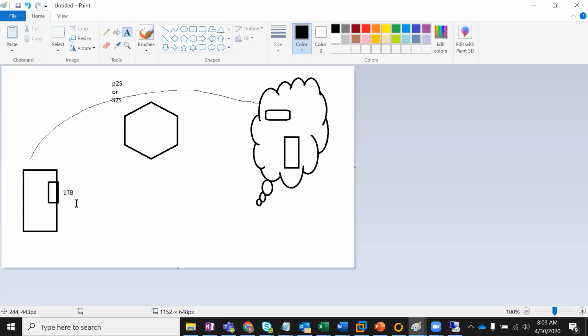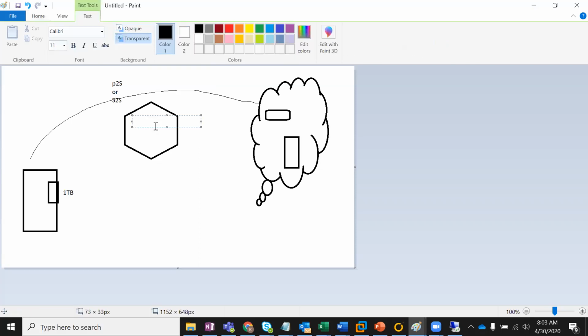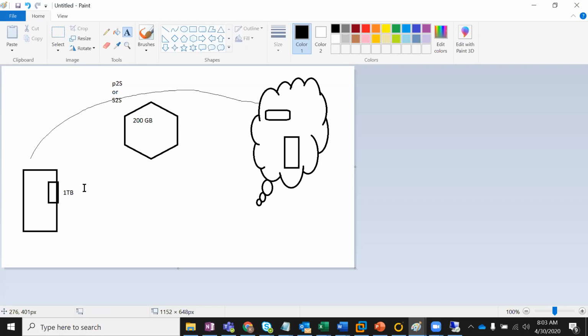So the best approach is, since we are in storage, this blob storage can only contain 200 GB files. So for this, you would have to split it into 5 files of 200 GB each.